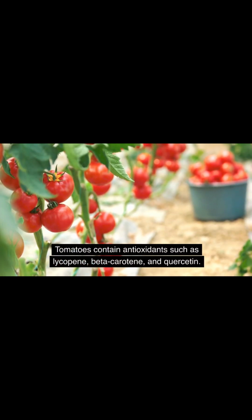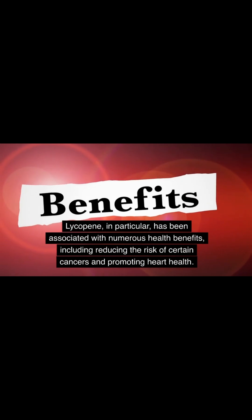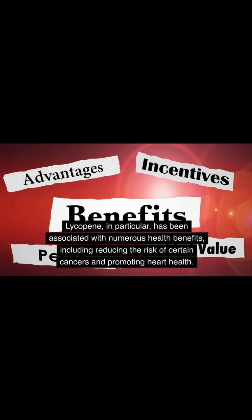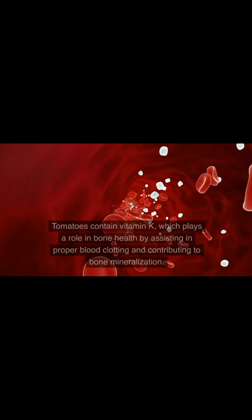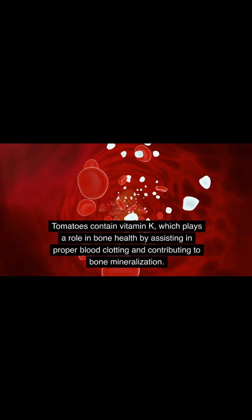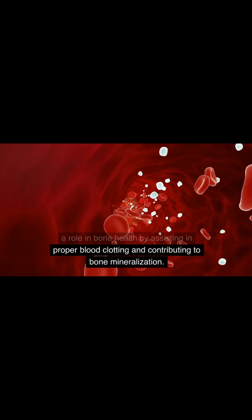Tomatoes contain antioxidants such as lycopene, beta-carotene, and quercetin. Lycopene in particular has been associated with numerous health benefits, including reducing the risk of certain cancers and promoting heart health. Tomatoes contain vitamin K, which plays a role in bone health by assisting in proper blood clotting and contributing to